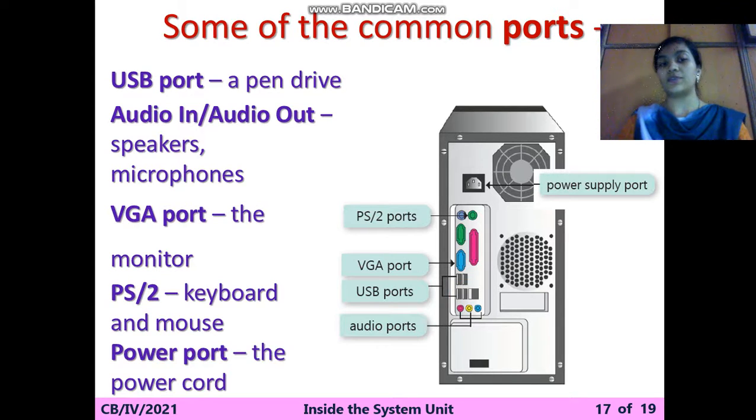Okay, so different audio in and audio out devices also come in the USB port, as well as the mouse. So you have to check which type of port my device uses and how I have to connect it. तो अगर आपको मैं बोलूँ कि connect this with correct port, then you are able to connect with the correct port. Here I show you all of the ports, so you have to remember which wire will be connected with which type of port.